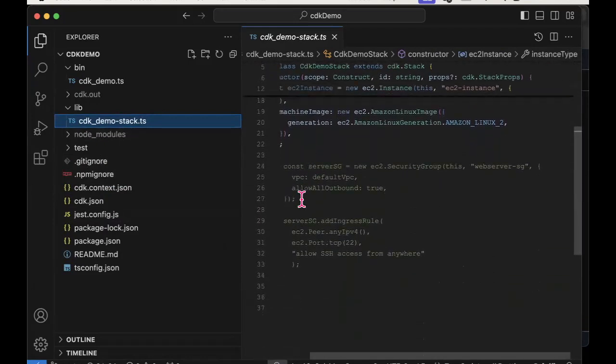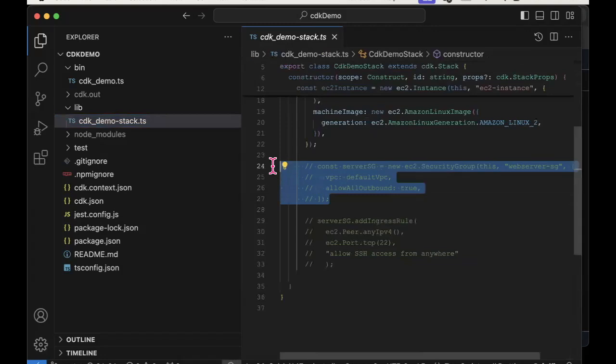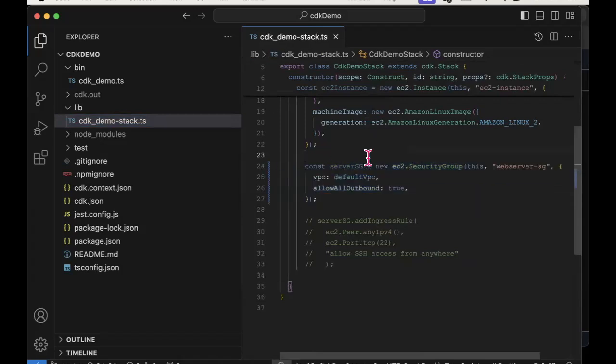Just for convenience, this is the code that I'm going to add on. What I'm doing here is creating another L2 construct called the security group construct.